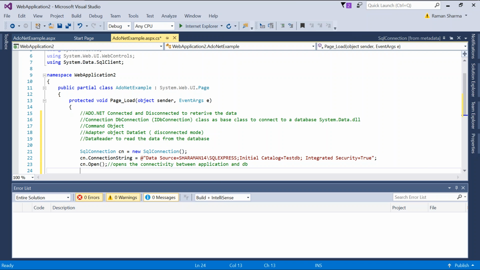So that exception can be relevant. We can catch that exception with the try catch block. But I'm considering that this is a correct connection string at this moment, so I'm not doing any exception handling on this. So once the connection is open, then